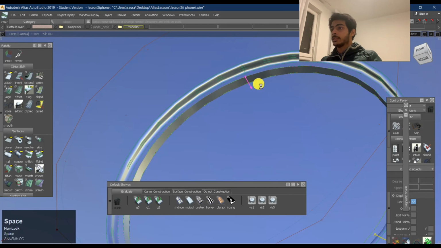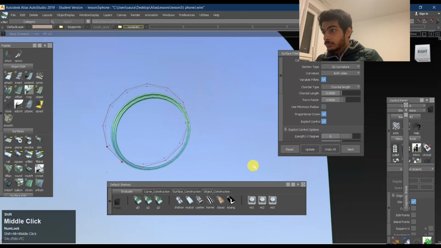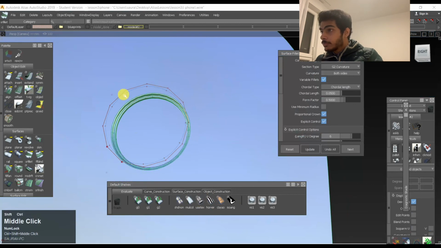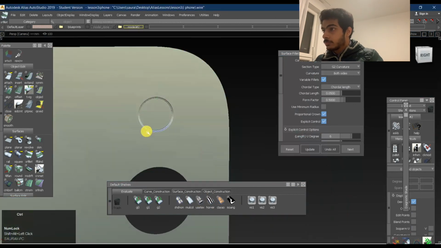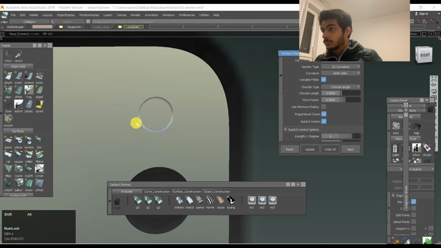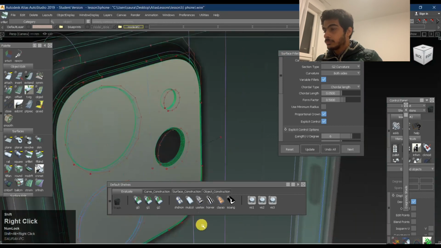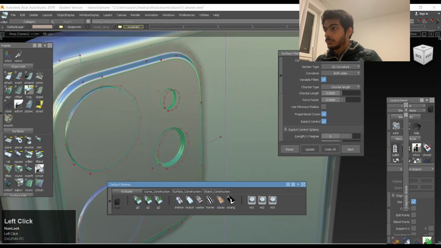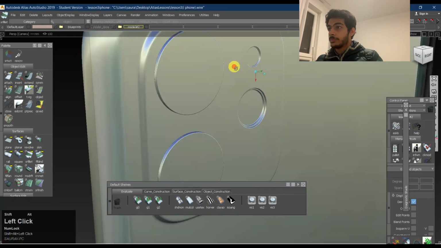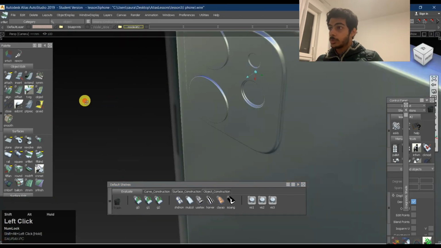So something like this. Right? Yeah. So now we have gotten something much more detailed, what we want to.